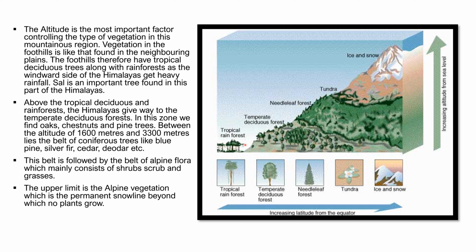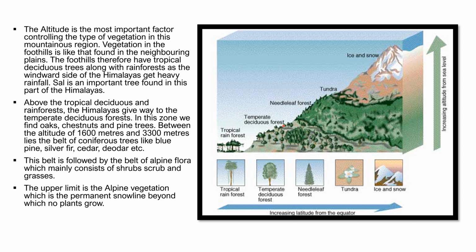Vegetation in the foothills is different from that found in the uphill areas. The foothills have a tropical deciduous type of forest which includes trees like sal, and as one goes higher up, it is taken over by the temperate deciduous forest which includes trees like oaks,